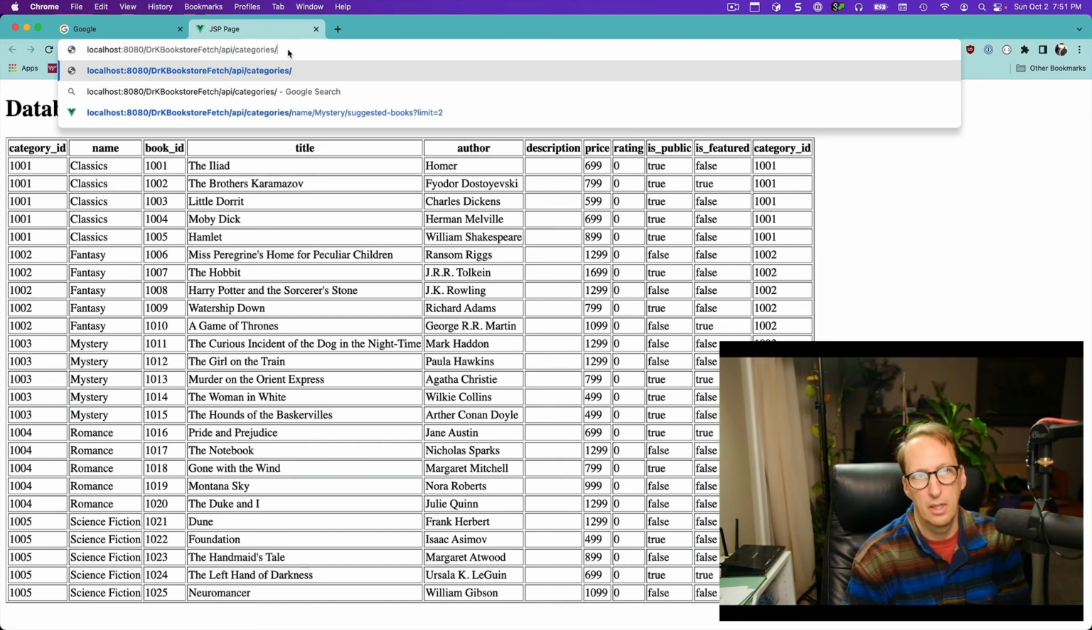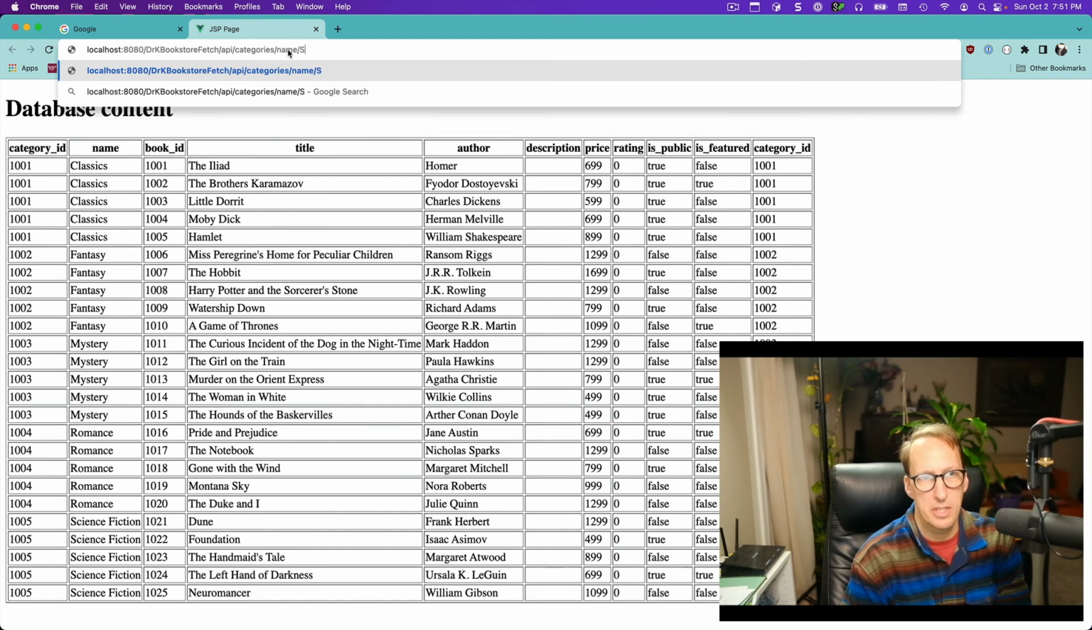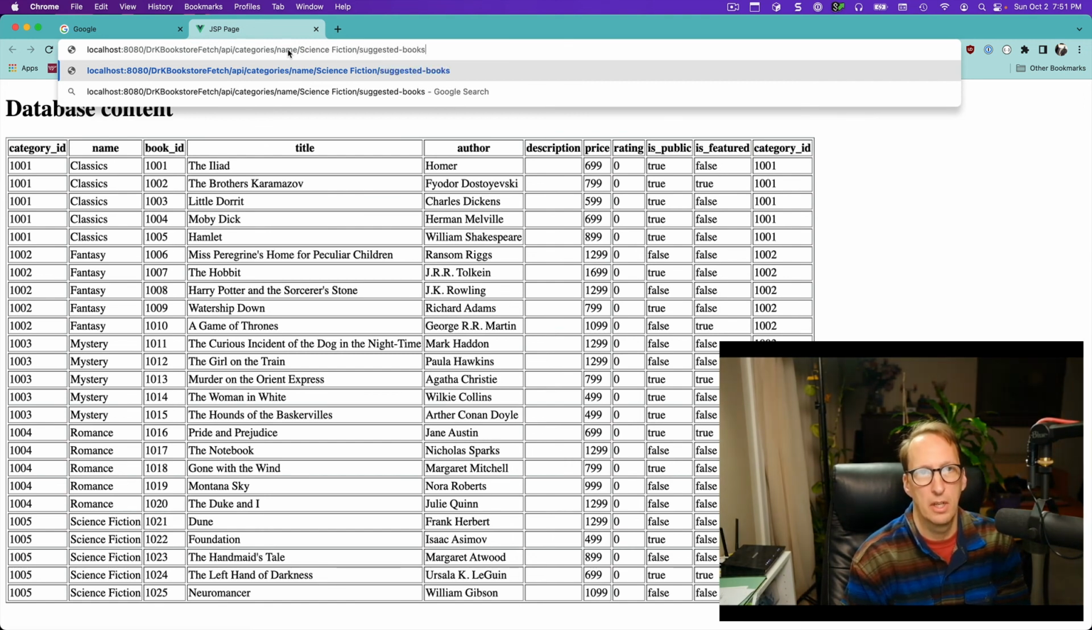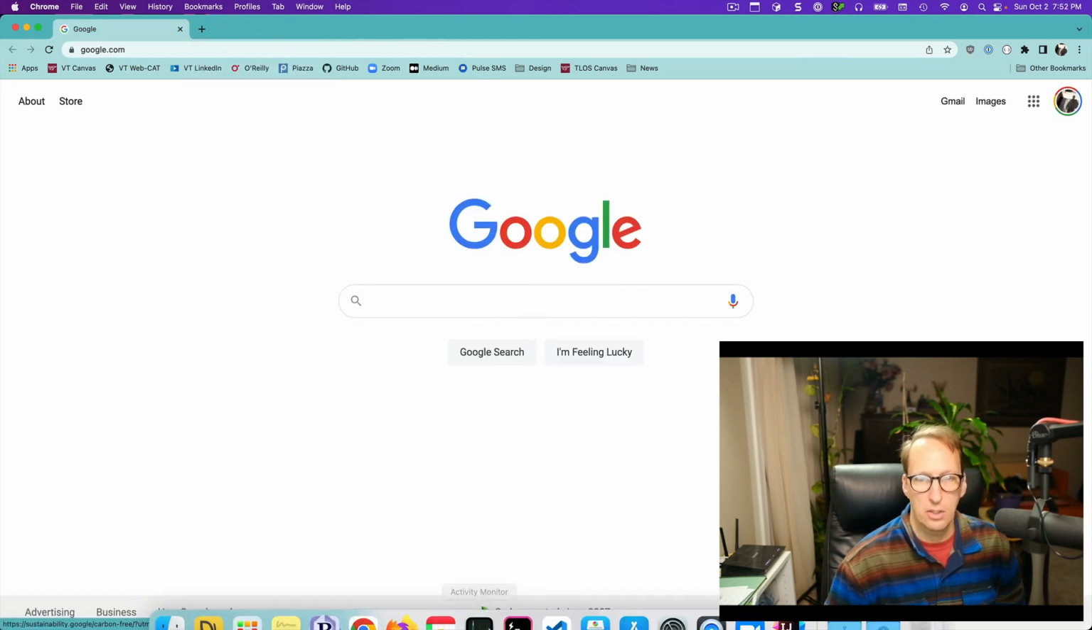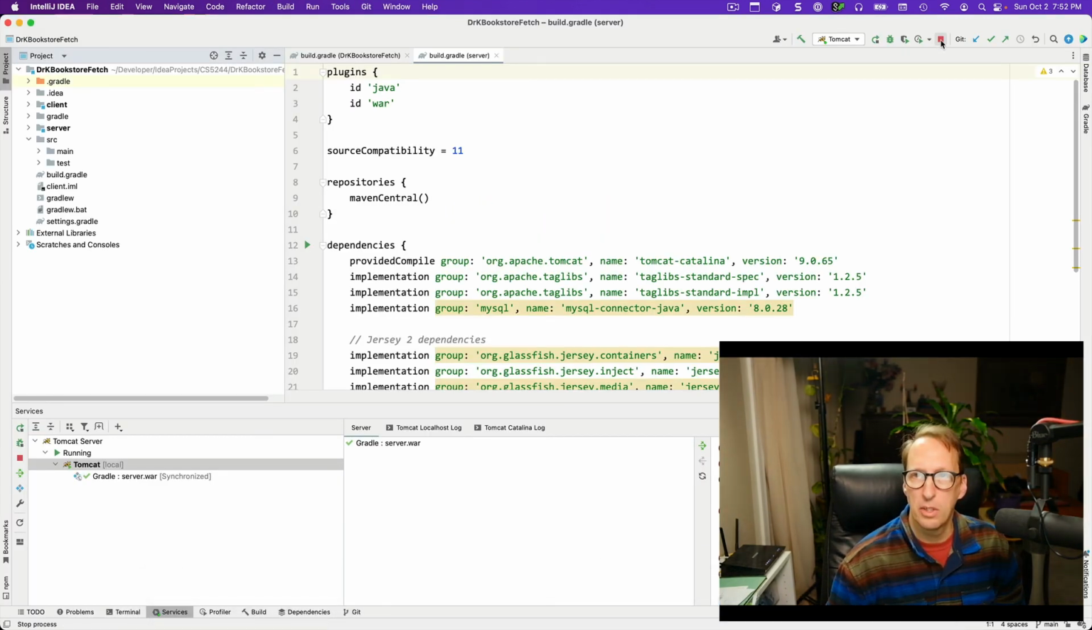And again, just as a sanity check, I'm going to check my categories, name, science-fiction, suggested-books, question mark, limit equals 2, and see if I get 2 science fiction books. And isn't that wonderful? I get 2 science fiction books. I'll close that tab. I will stop the Tomcat server, and now I will go to